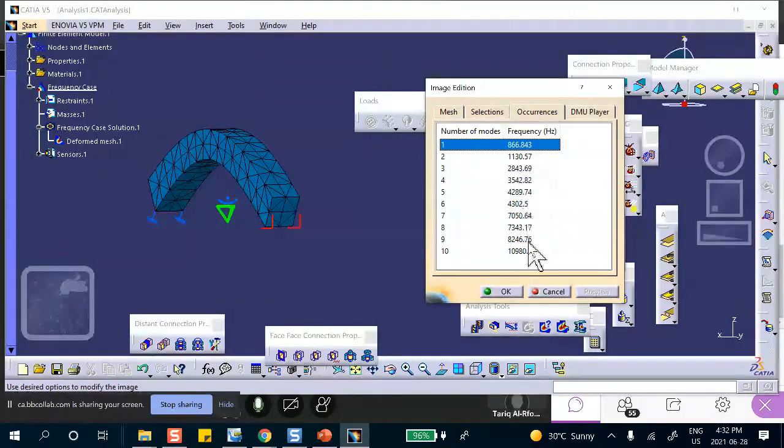You might say, wait a minute, if this is garbage, why am I looking at it? Well, there are other reasons. They're not important in destroying your part, but if you want to do a dynamic response, you need these guys. These are garbage in the sense that failure will not occur at these. Failure occurs right here, but these are needed in order to do dynamic analysis in CATIA. It doesn't mean that they're garbage.